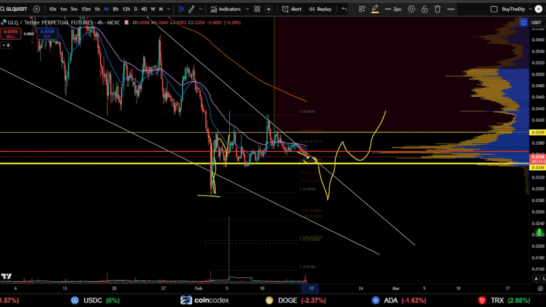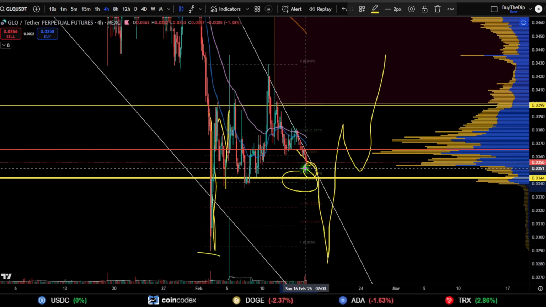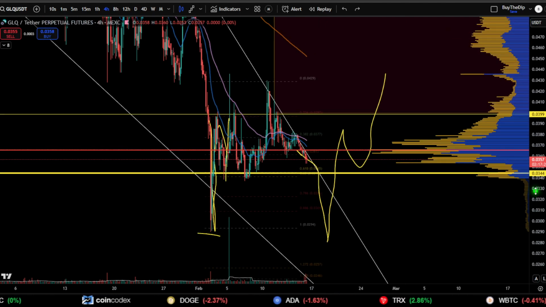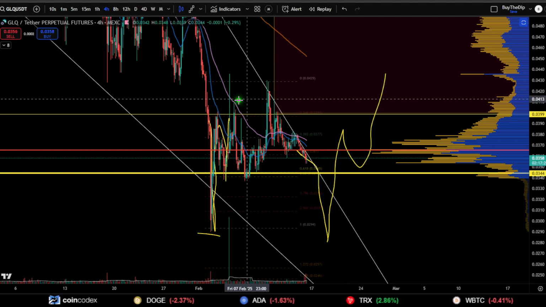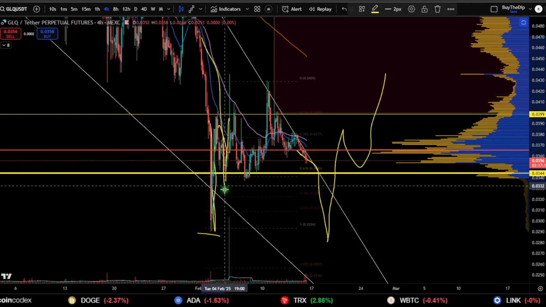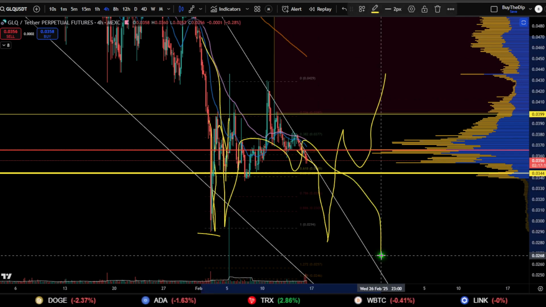As you can see, if I zoom in a little bit more, the golden pocket is spot on right here. Could we hold that support? Possible. So this is the thing here, guys. When you see these horizontals as it goes sideways, the bears are going to classify this as a bear flag, because we impulse down, we went sideways, and now we come down for another impulse.